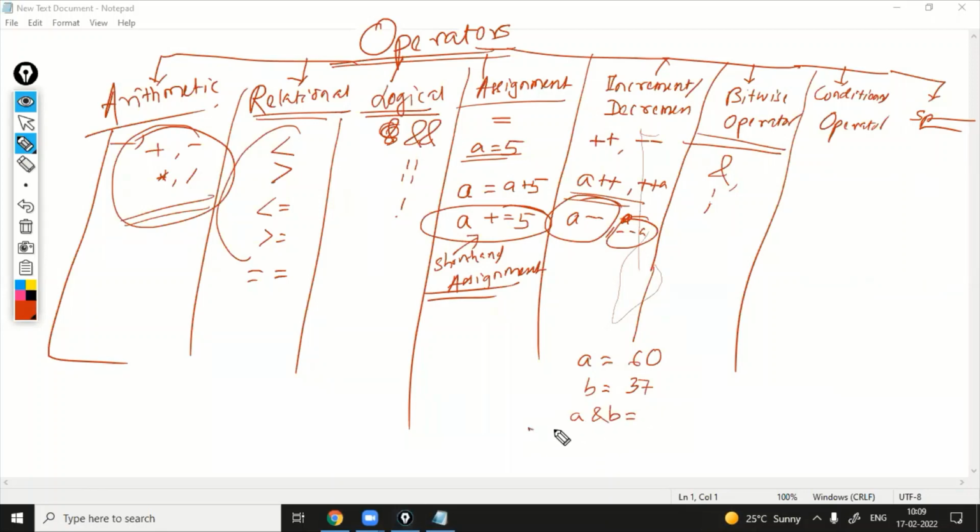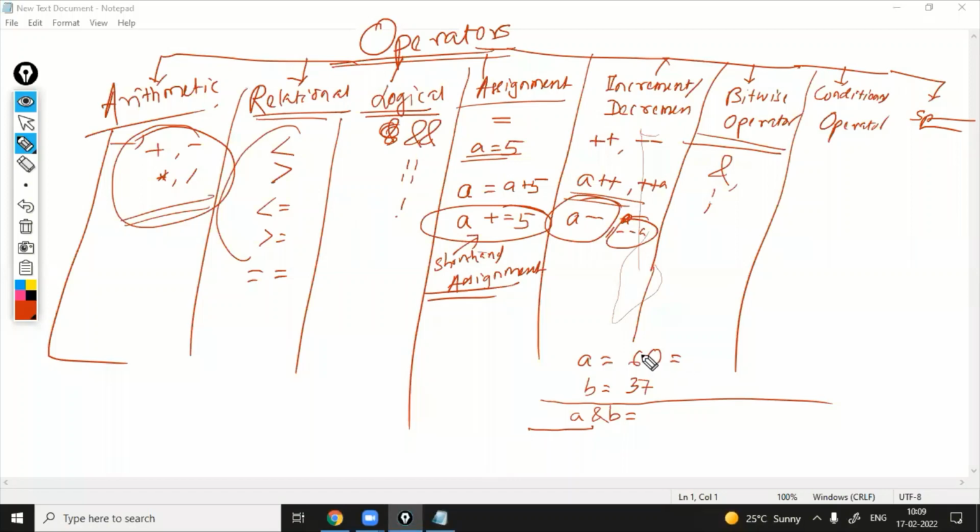Who can tell me the answer? First tell me what a bitwise operator is. Sir, a bitwise operator works on the bit level. Okay, it converts any number or data into bits, and then the operation is performed on each bit. So that means bitwise operation.